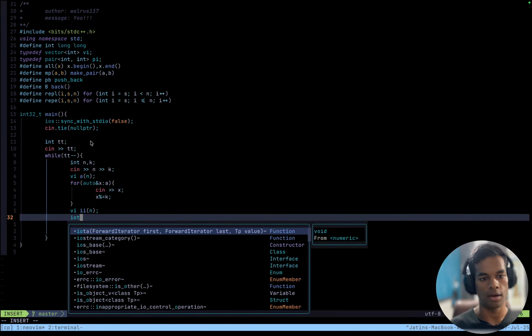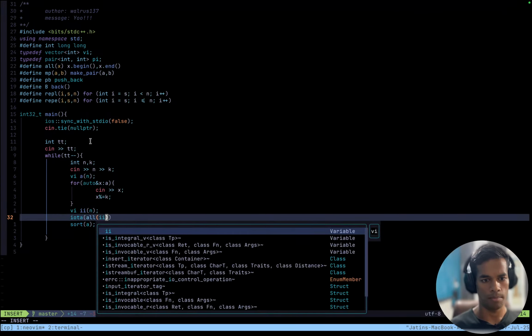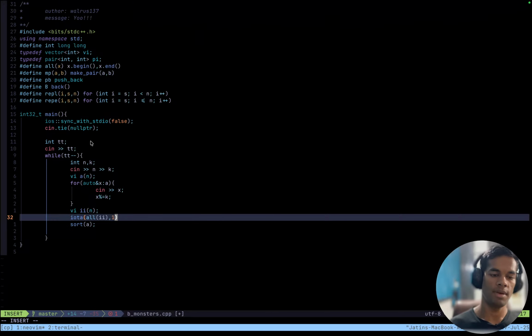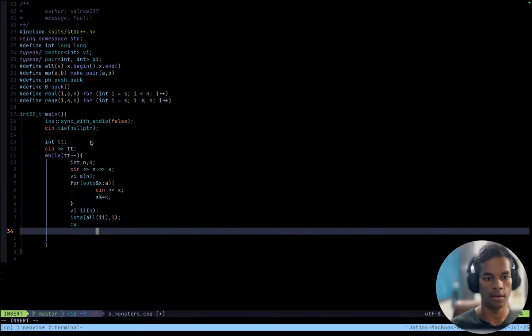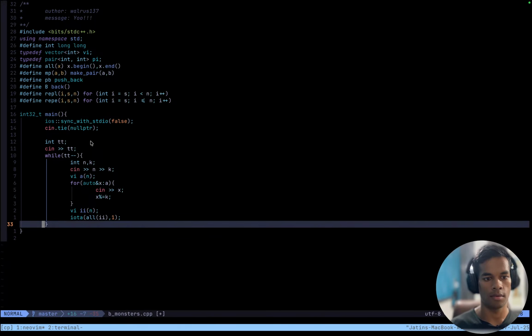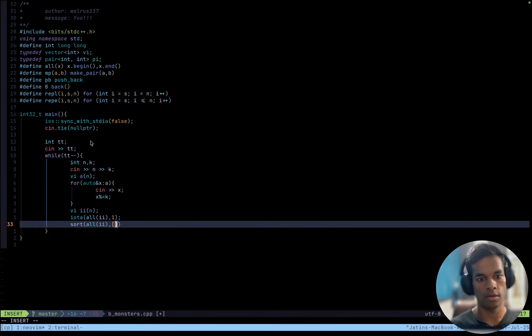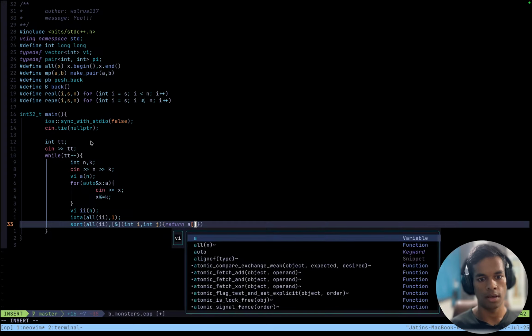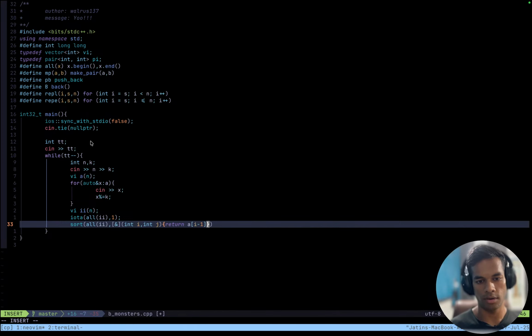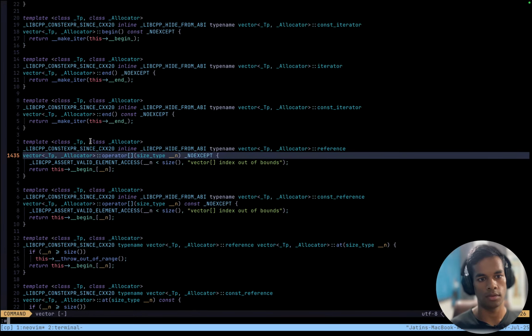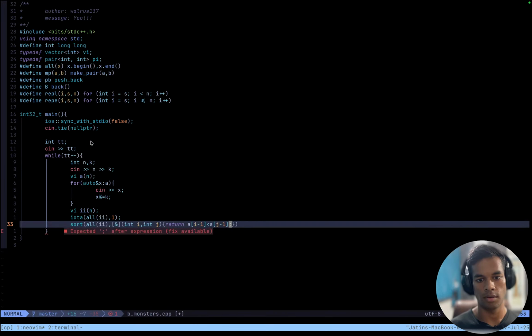A vector of n, and iota all i starting with 1, and so sort all i with a reference function which takes in two integers i and j, and then return a[i-1] lower than a[j-1]. What the heck? Yes.